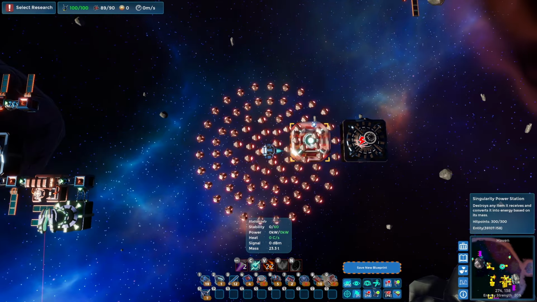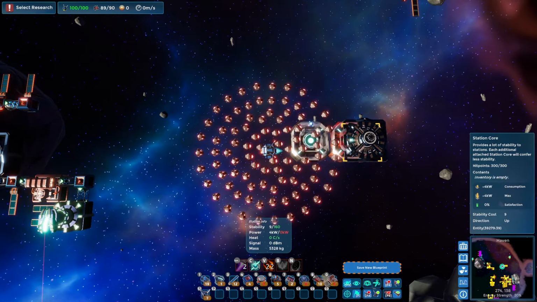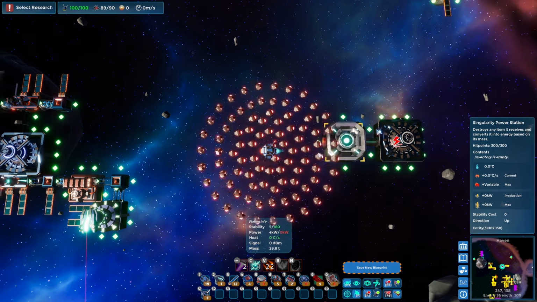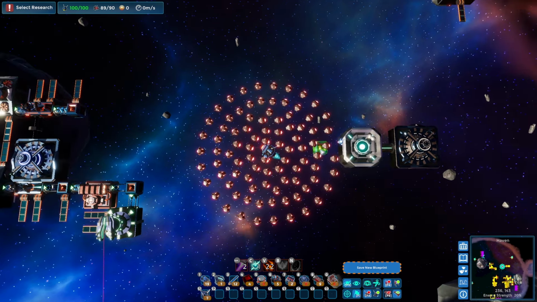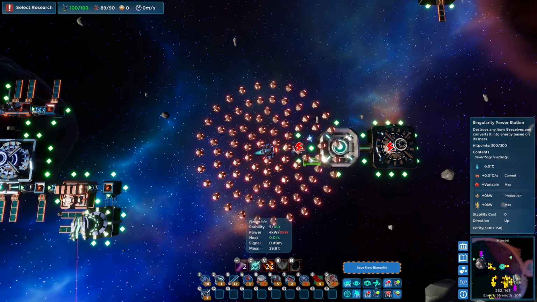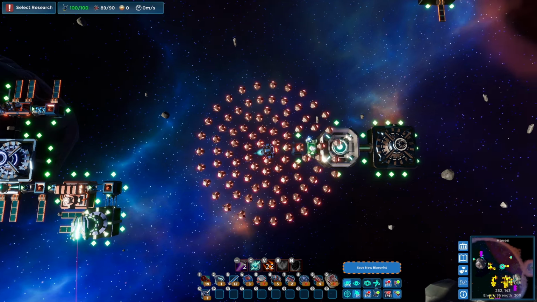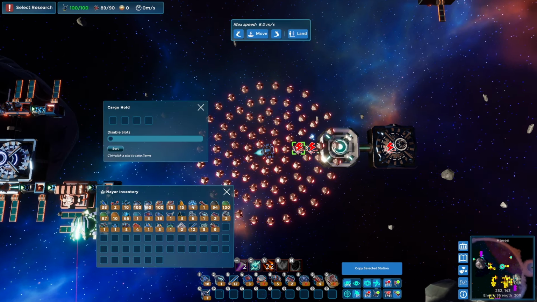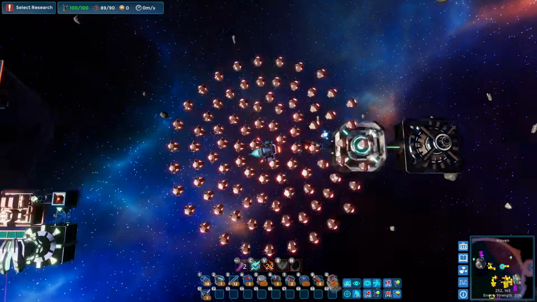So I've started working on it. We have our station core, which is the center, and then we're feeding it power through the Singularity power station. And this can take any resource and turn it into power. So I'm just going to add a container here and feed stuff manually into the generator for now. So if we put those 50 in,